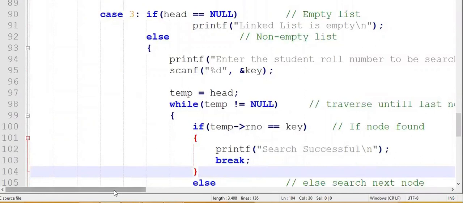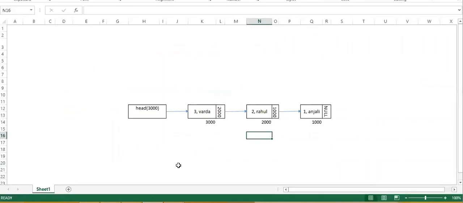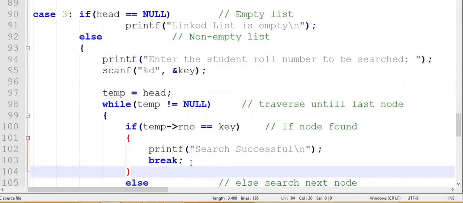First we are checking if head is equal to null. Assume that we have inserted totally 3 nodes in our linked list, so our head is not going to be equal to null. For simplicity, let us have a look here. This is the head which is pointing to the location 3000. So our head is not equal to null. That check is going to work only if your linked list is empty, so the condition is false, and we move to the else portion.